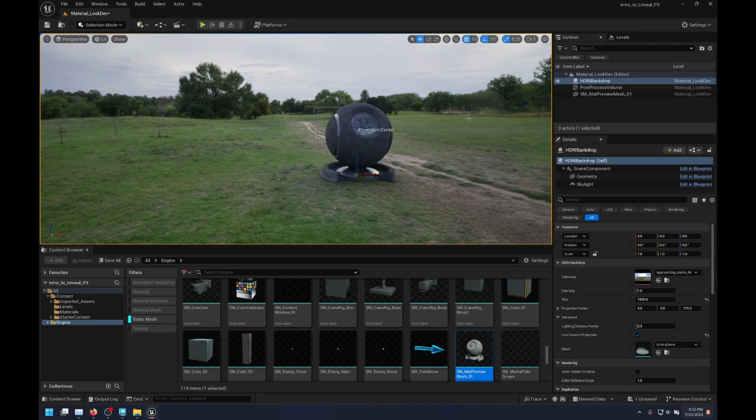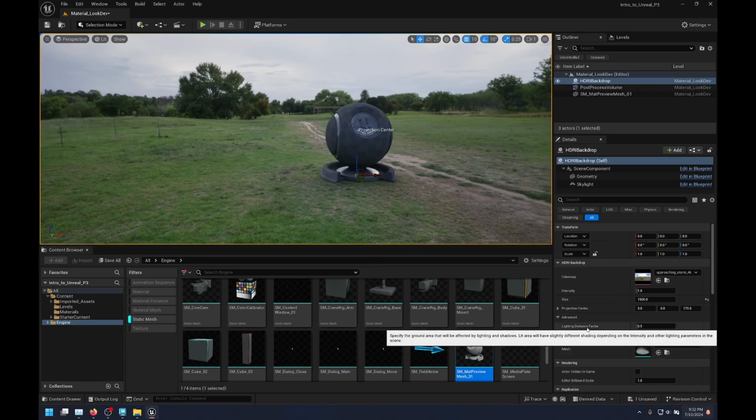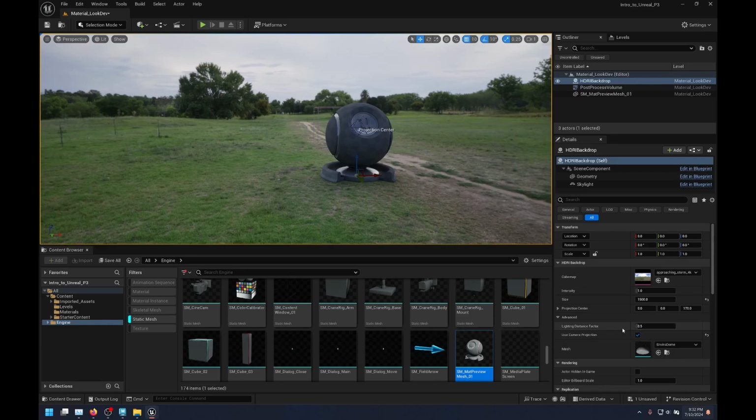We'll build out a completely 3D foreground that the HDR just kind of surrounds and acts as the far away features, the sky, the sun, that kind of stuff. And then one last attribute that I like to change on this is lighting distance factor. So it says specify the ground area that will be affected by lighting and shadows. I usually will take this and set it to 0, and you'll see that ground kind of lit up a